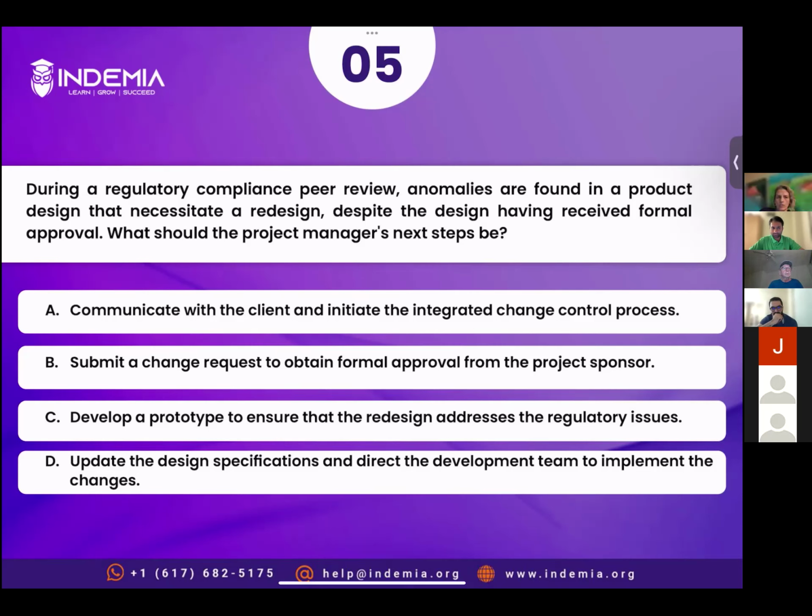Yes, because the product was formally approved, and then there is regulatory compliance. After the regulatory compliance peer review, there are some anomalies. So I think it's the best because it was formally approved, to communicate with the client what is going on,